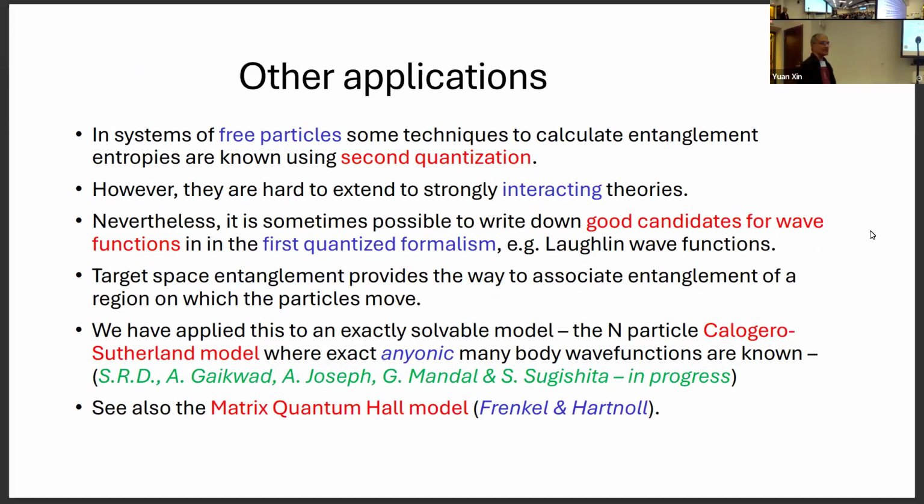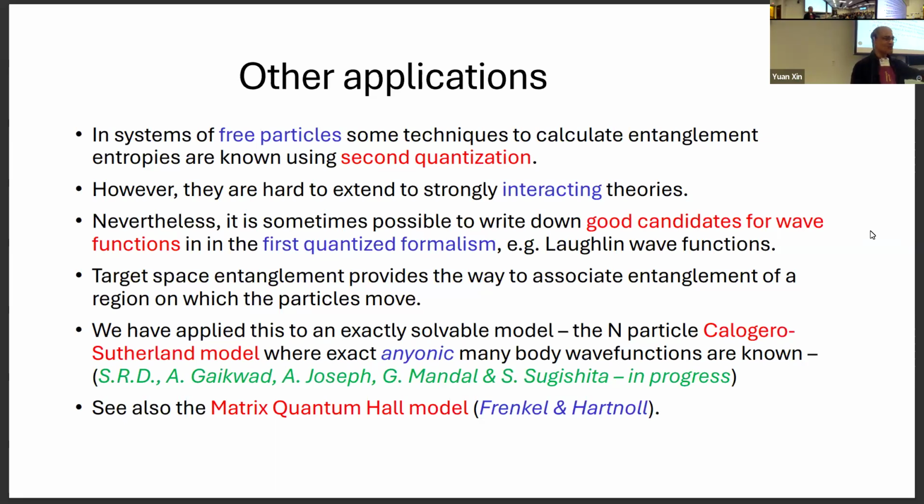One of the applications would be the following. Now, when you have a many-body system, which you can write in terms of a second quantized theory, then people have developed techniques of calculating the entanglement entropy in second quantization. But sometimes in many-body systems, you can have good wave functions, but the second quantized description is complicated because of strong coupling. The classic example being the Laughlin wave function. The way we have set up the problem and the way we showed that our definition is equivalent to a second quantized definition,